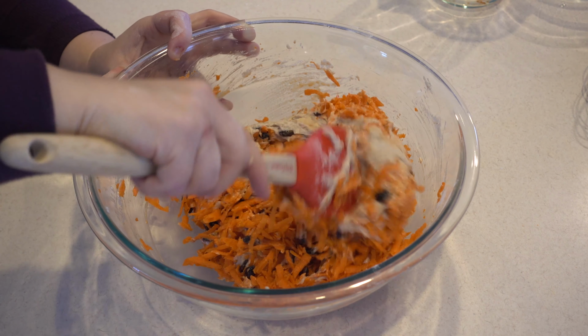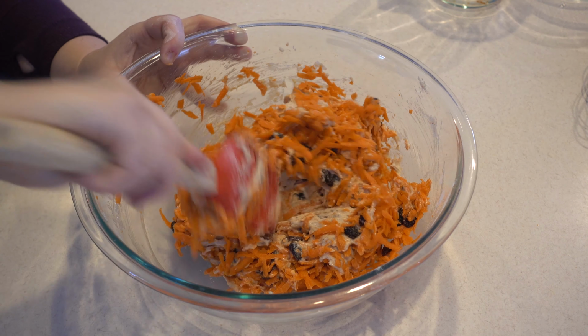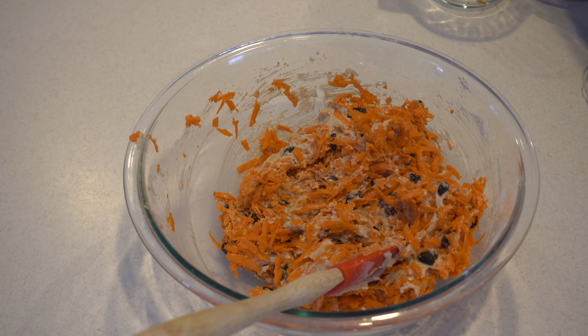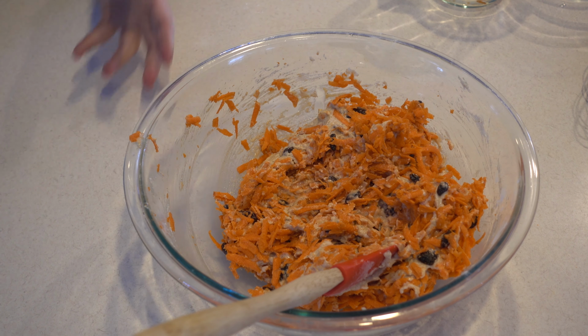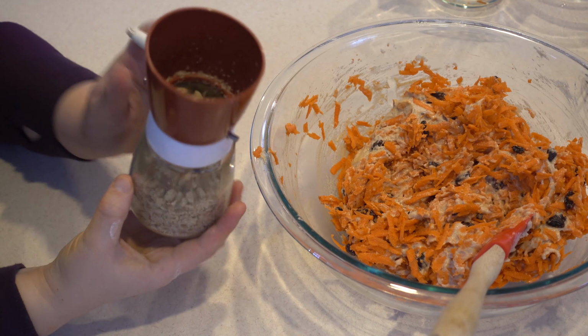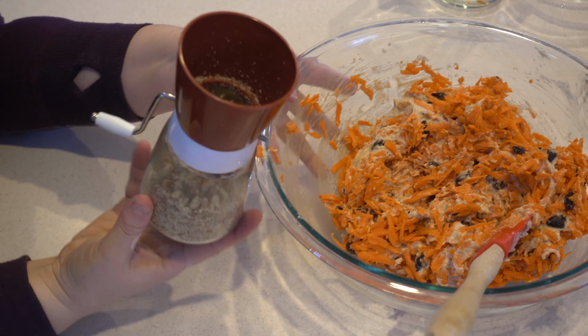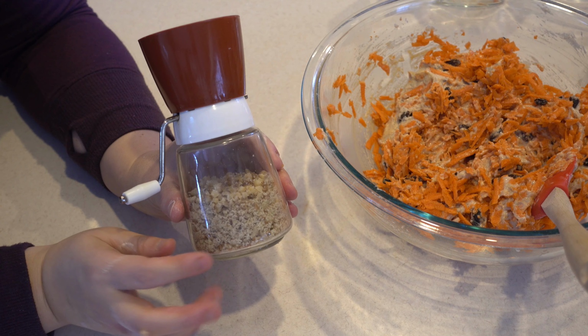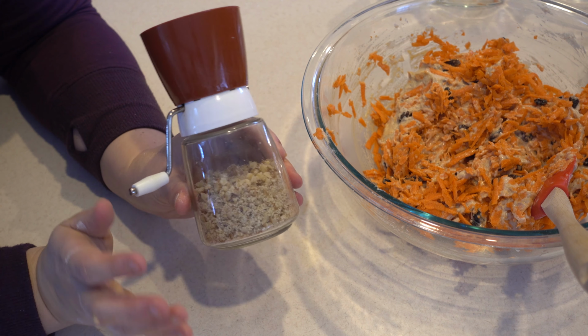Mix that. Okay, let me go ahead and grab walnuts. And I've already chopped the walnuts. And I love this grinder. This actually was my grandma's and it's my favorite thing ever. If you are ever at an estate sale or garage sale and you see one of these, I highly recommend